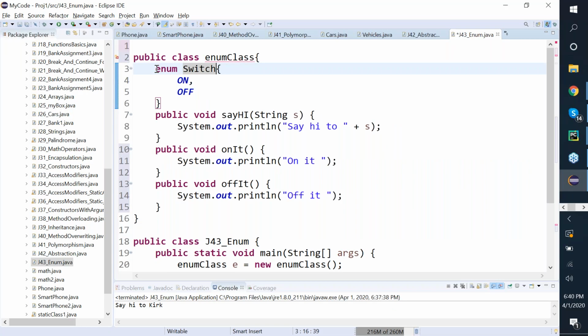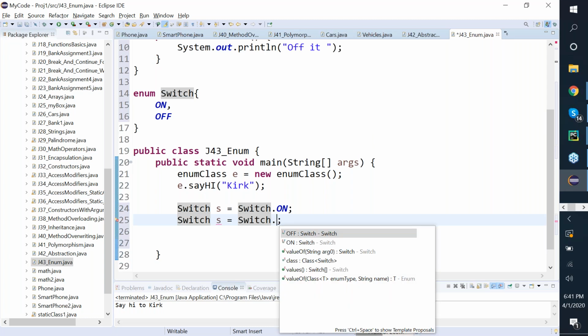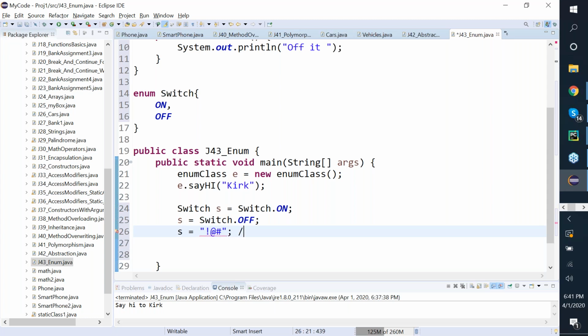So if I leave it here, then it should not be an issue. Switch dot on. There we go. So I could then use that for values only. The only thing that I can do in it is set it to switch dot off or switch dot on at any point. So you can always say what is contained in s in this case. But s cannot have anything else that you send into it. It can only have one of the